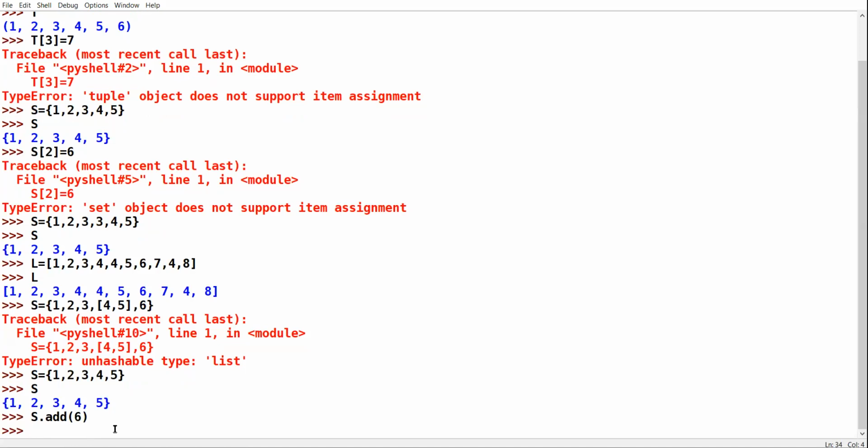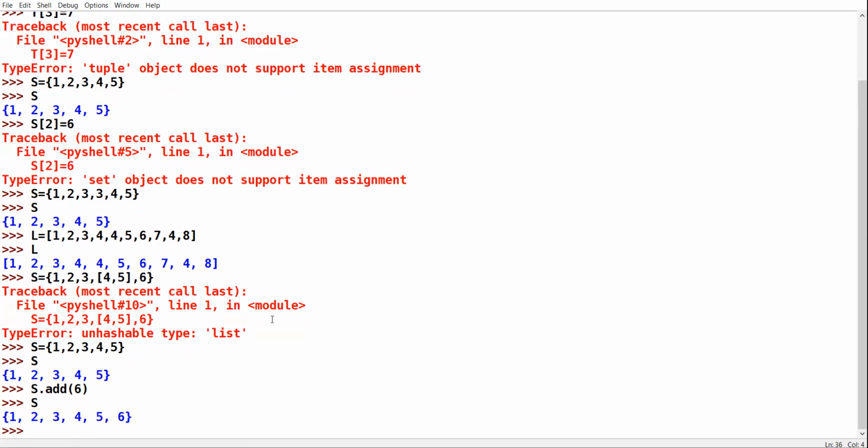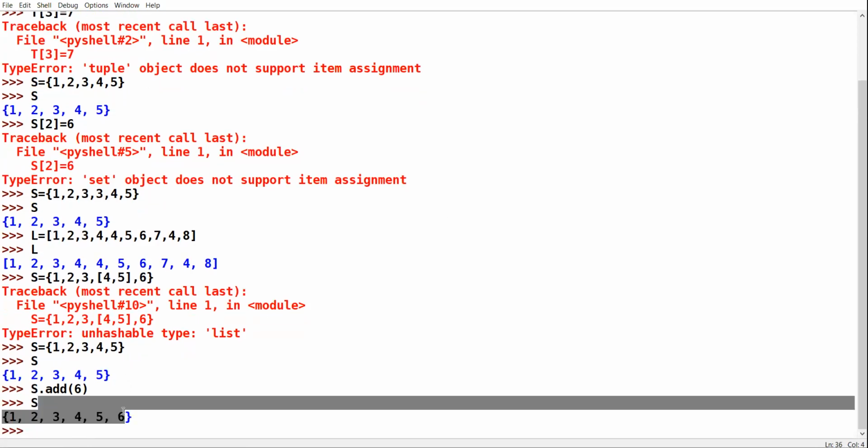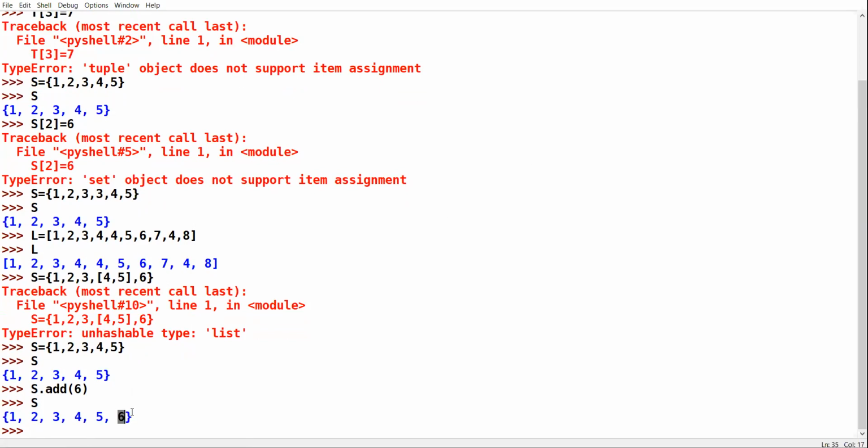Now print S. See, the value gets added here. Clear? Am I clear, class?